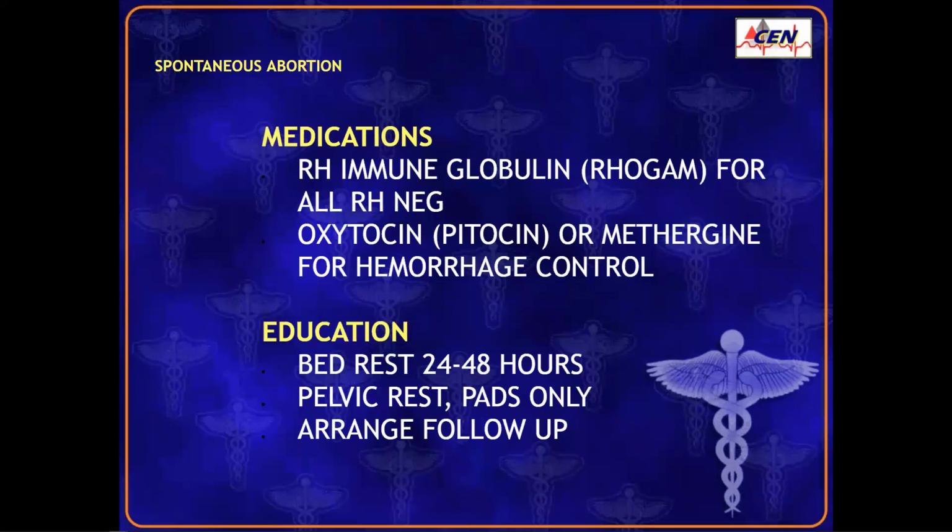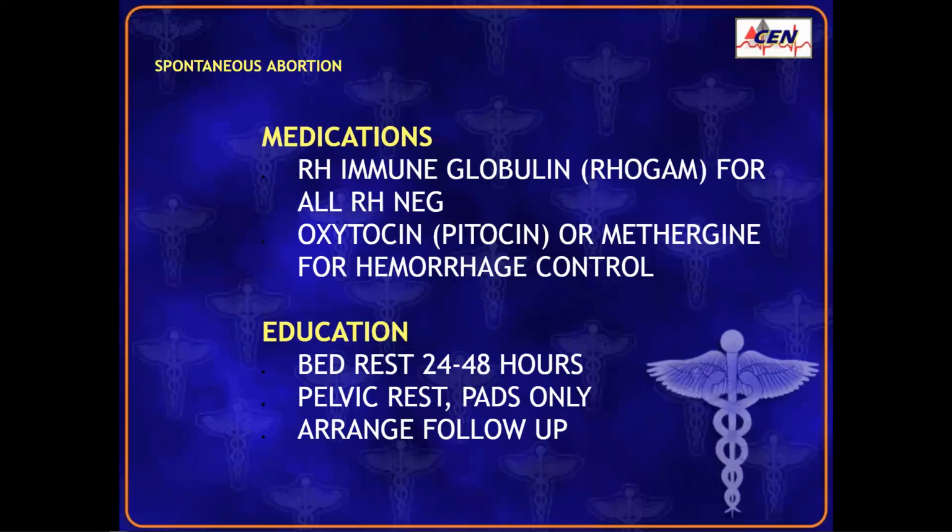So if she's Rh negative on her blood type, she needs RhoGAM, which is the brand name for Rh factor immune globulin, okay? And what we're doing here is trying to prevent, basically, I like to call it almost like an allergic reaction of the blood. The blood is like overreacting to itself because the baby is Rh positive and the mom is Rh negative. And if those two blood types mix, then we get this blood reaction. It can be fatal for both of them,